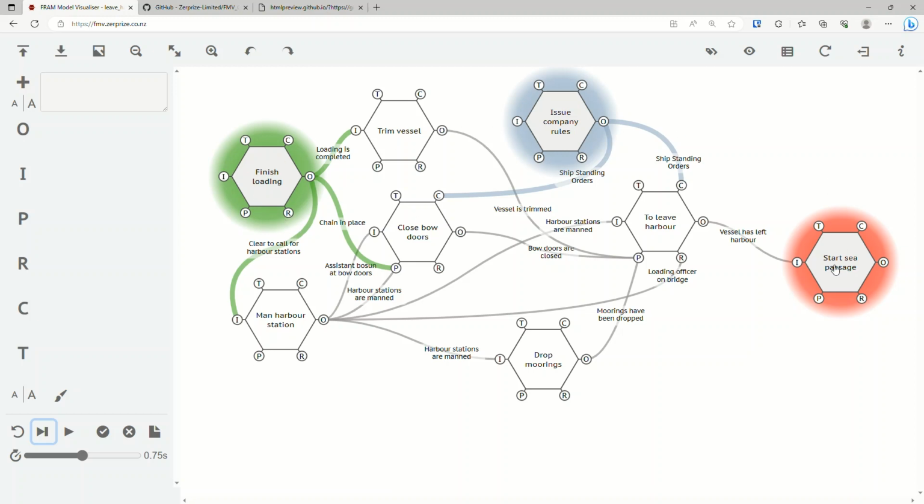So this is cycle 0, where the entry has been identified and the outputs are now highlighted green as well, which means they are available to downstream functions. So you can see that we have an input going to this trim vessel function, and we also have an output from finish loading going to an input of man harvest stations. So that means that those inputs are available to those functions. And the third one here is a precondition. So after cycle 0, if I now